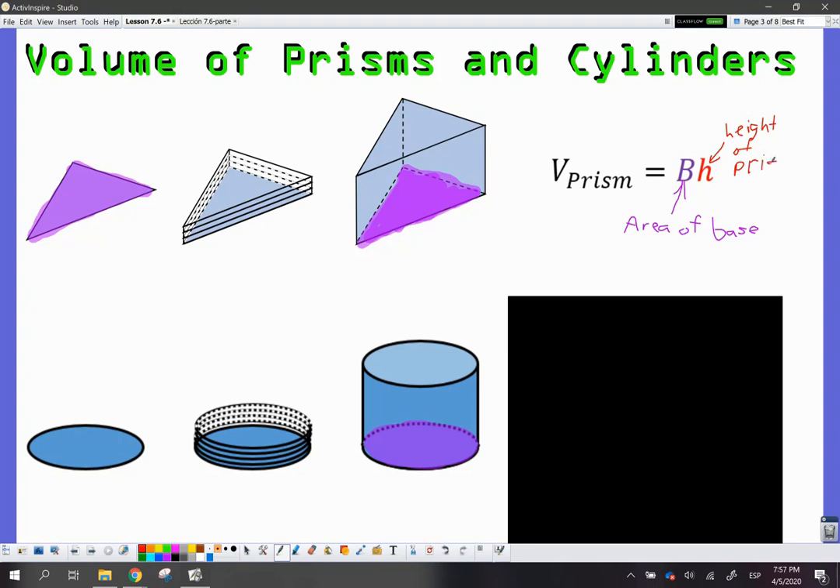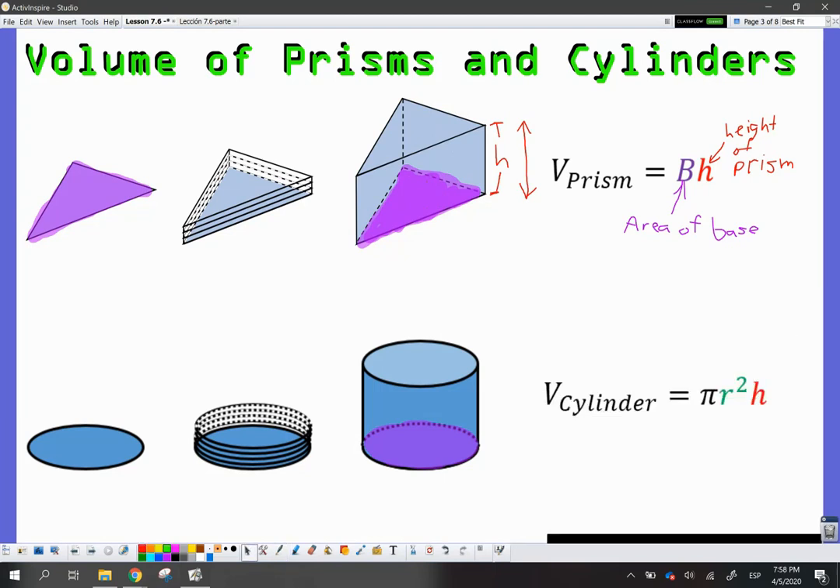Now, when we talked about the height of a prism, we're talking about the distance between one base of the prism and the other base of the prism. Sometimes that'll be vertically, like it is here, but not always. So we have to be very careful here that we know the height is the distance between each base. Same thing can happen for the cylinder. We have a height, and that refers to the distance between bases